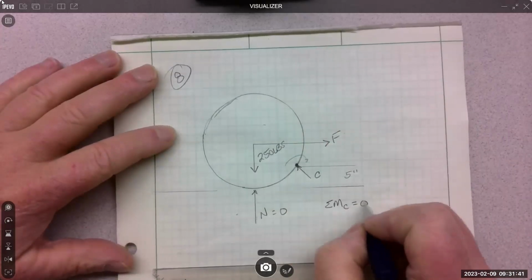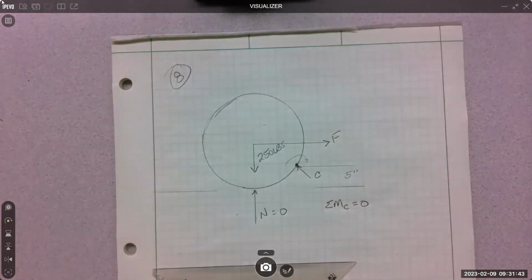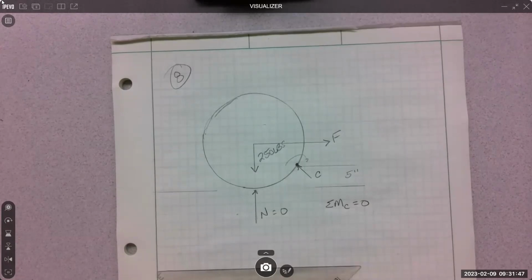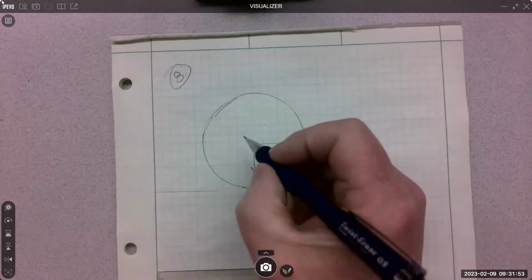And I am going to set it equal to 0. So we are completely balanced around point C, rotation wise. Notice I'm doing moments about C, right? So I know that the thing is